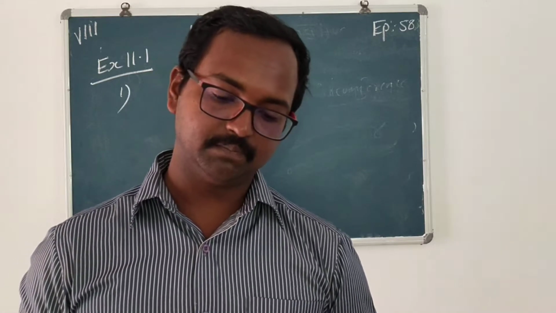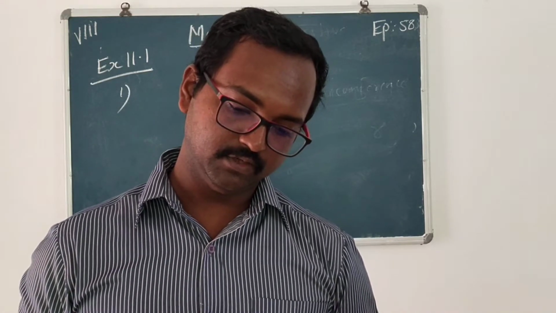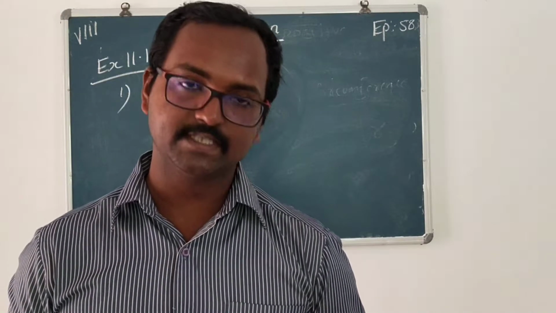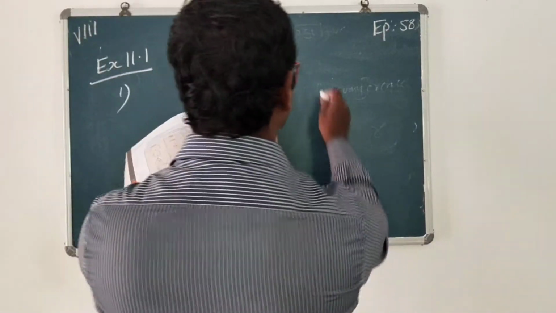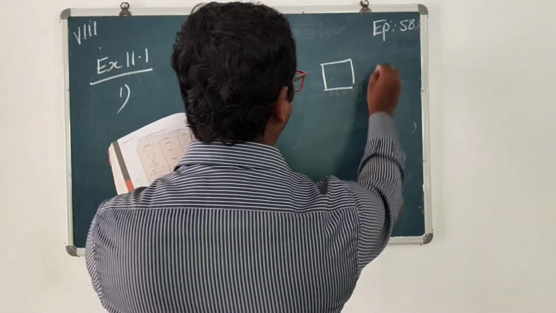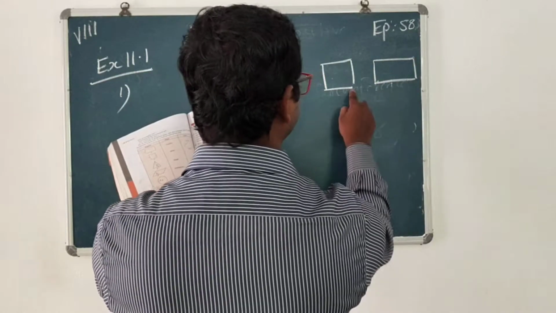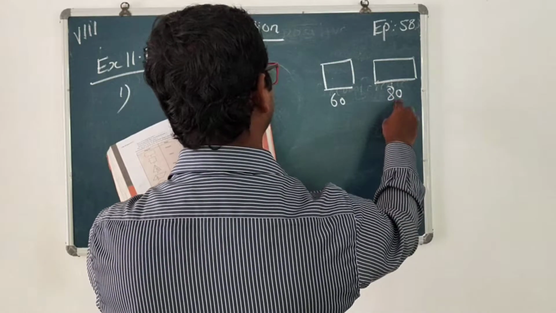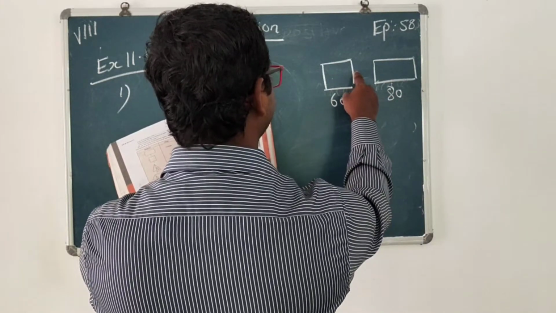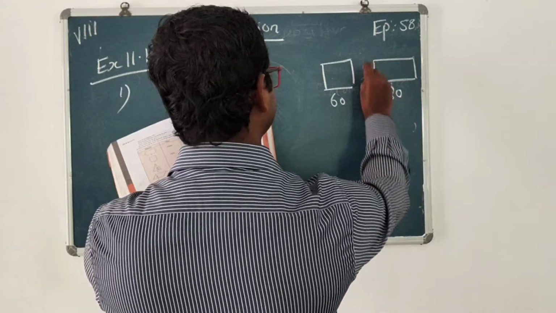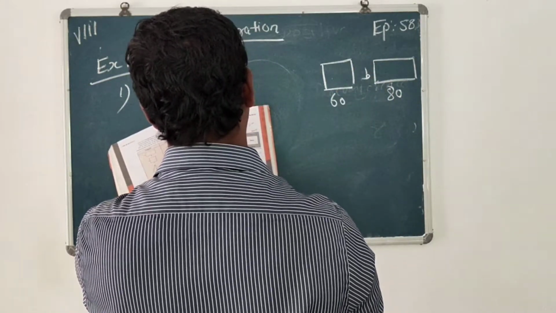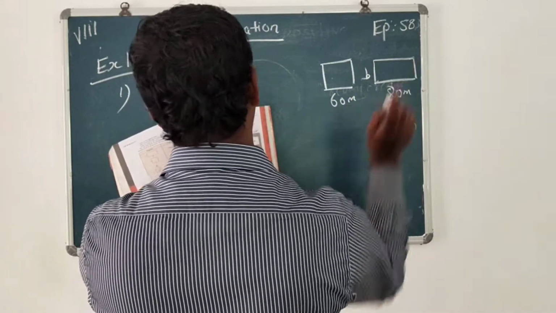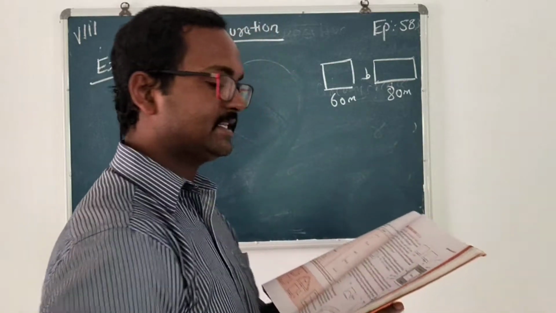So we are given two figures. One of the figures is of a square and the other figure is of a rectangular field, which is a rectangle. Okay, so it's like this. This is our square with side 60, and this is our rectangle with length 80. Here breadth is also 60 in the square. Here breadth is missing in the rectangle. So this is 80 meter, this is 60 meter, this is square, and this is rectangle. Now we have to find which has a larger area.